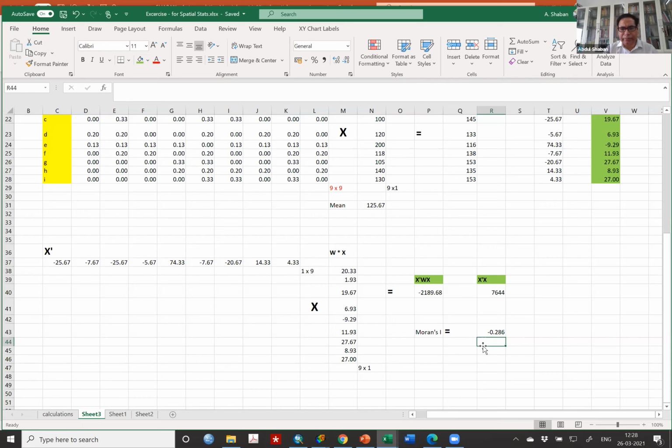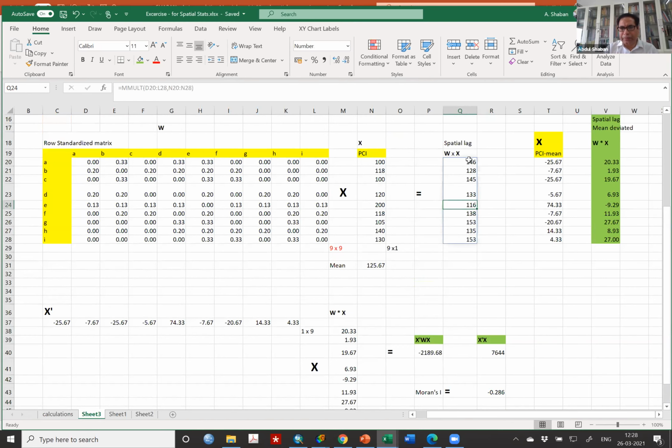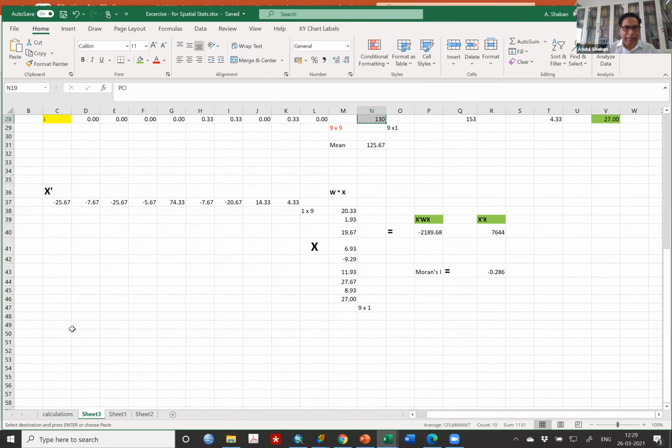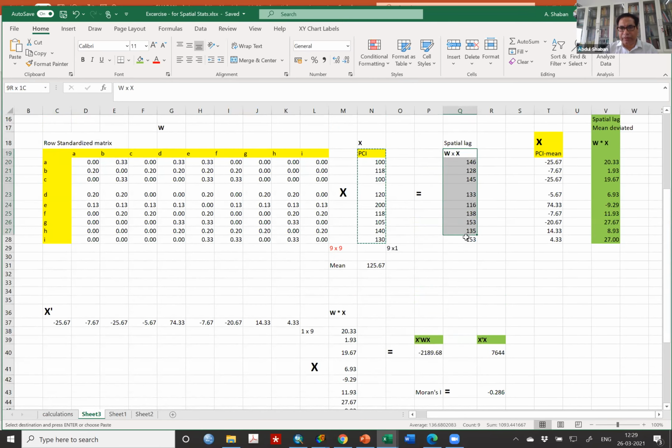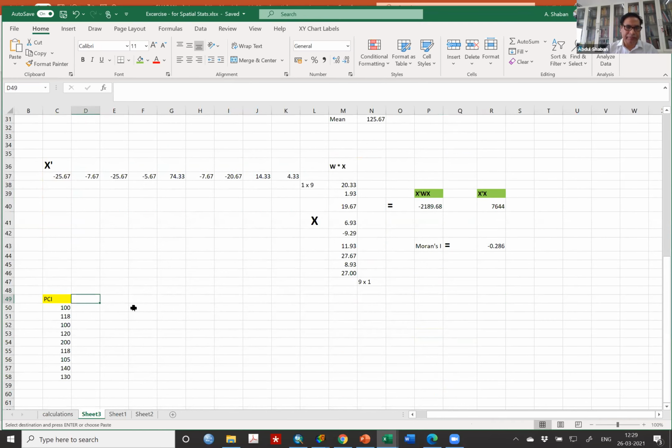Whether it is correct or not, let me verify what I have computed here. All of you have computed. That means, simple: one is the spatial lag here, another is a spatial lag here. You can take any one of them, you should get the same slope. So this is the value I'm copying, just to see. I'm copying the actual per capita income, PCI, and I put it here. And I bring the spatial lag value of this one and also put it here.